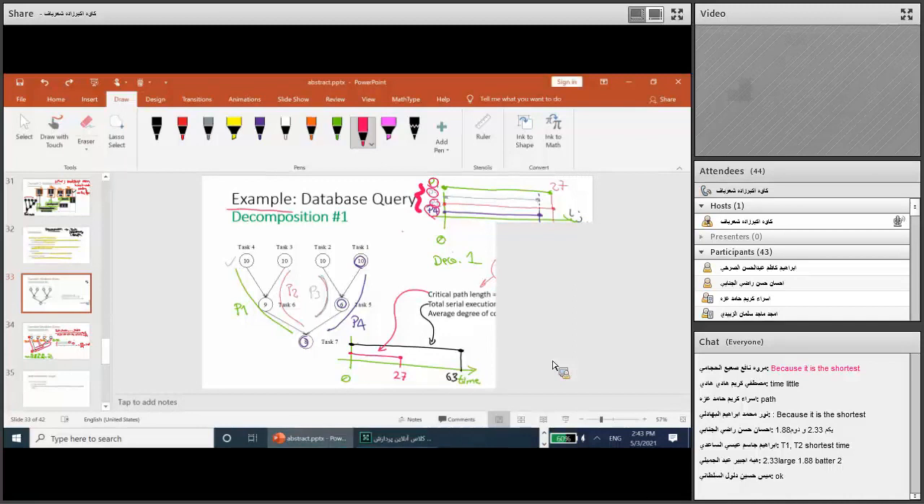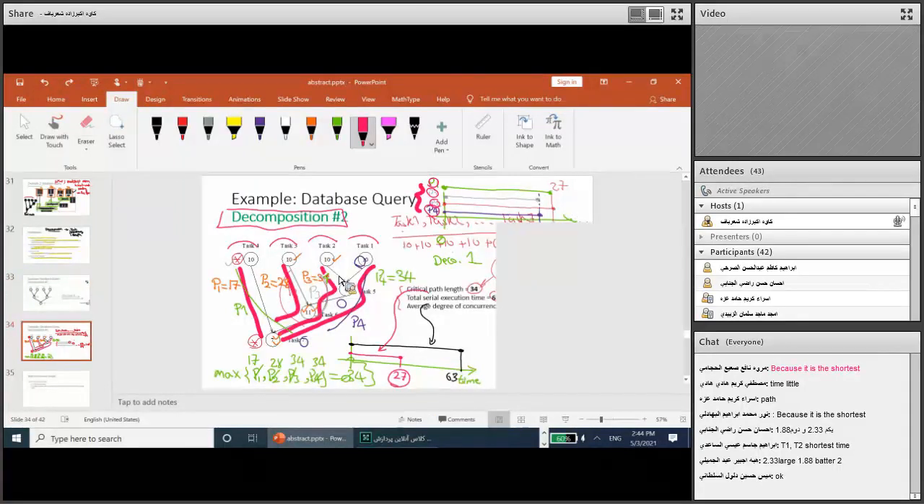Therefore, decomposition one is better. Why? Because decomposition one parallelizes so that it just takes 27 time units to execute the program in parallel. But in the second one,